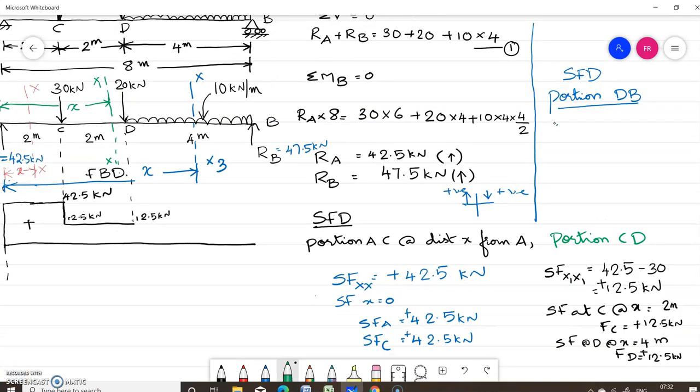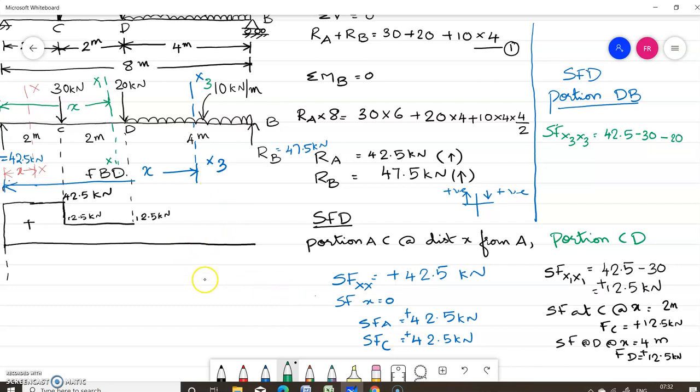Now consider a section line x3 at a distance small x from the left support A. You can see this section line x3 at a distance small x from the left support. Now let us write what is the shear force at x3. This is equal to 42.5 acting upwards minus 30 minus 20